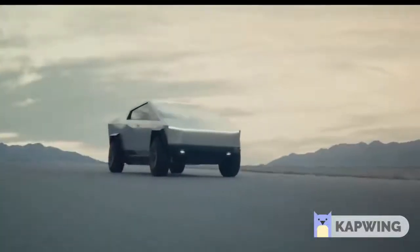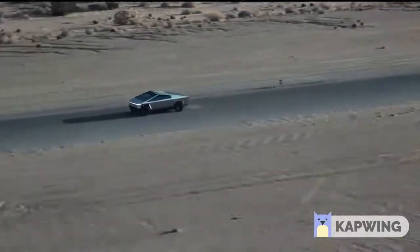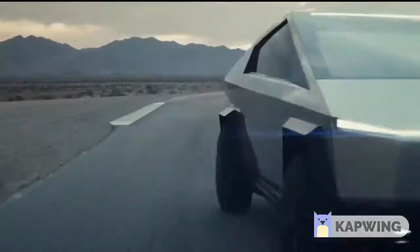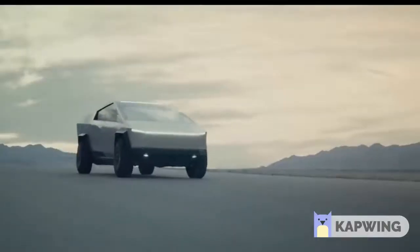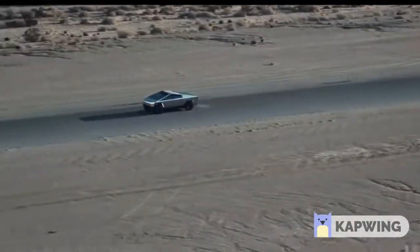Hey guys, Soccer from Socky Tech, and in today's video I want to talk about the newly unveiled Tesla truck known as the Cybertruck. And I do have to admit that I'm blown away. So Elon Musk just announced the Cybertruck in a Tesla event, and despite the fact that it's a unique futuristic